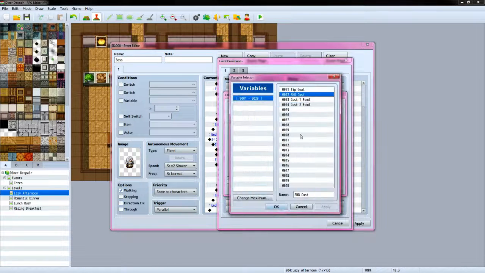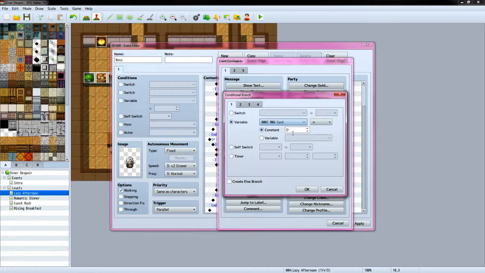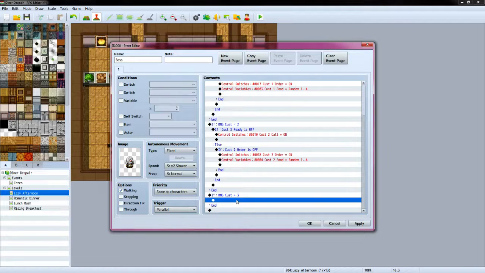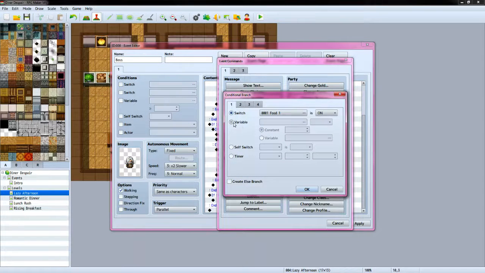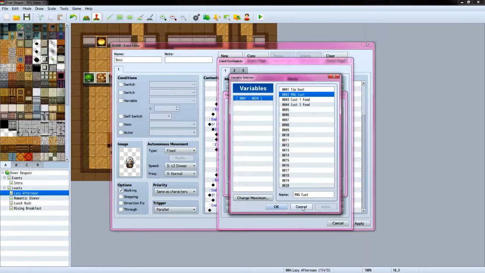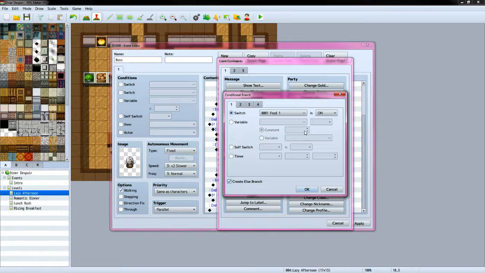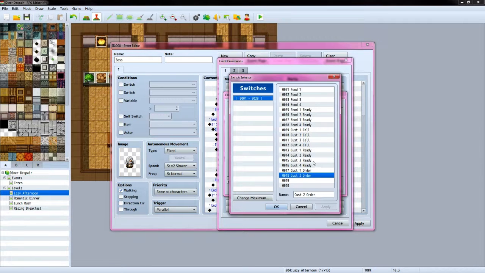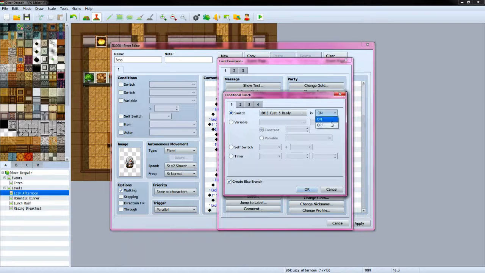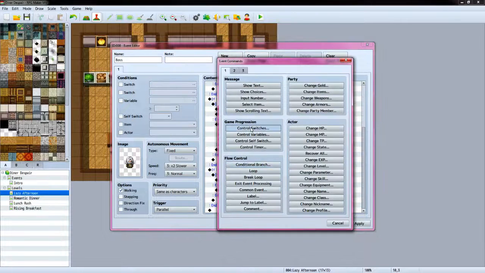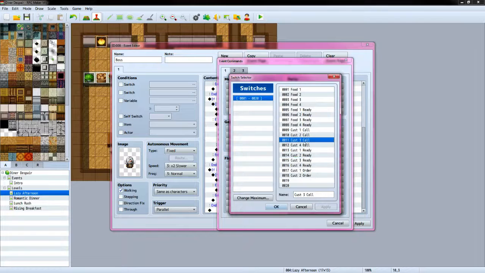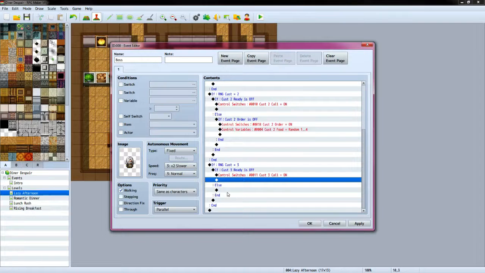If RNG customer is equal to 3, give me a second, if customer 3 ready is off, turn on the call, customer 3 call. If it's on,